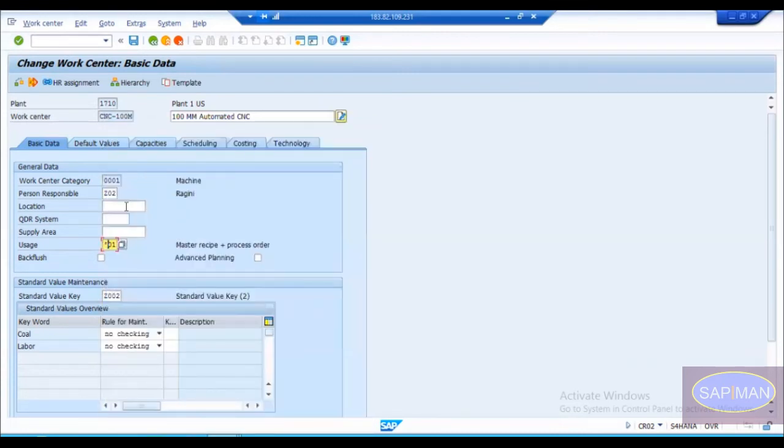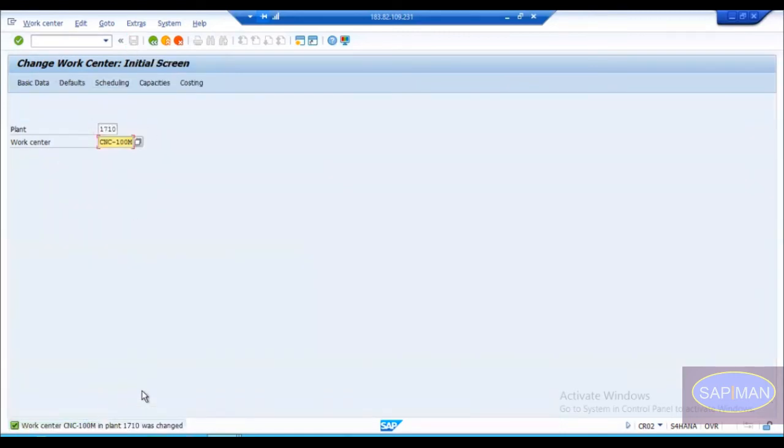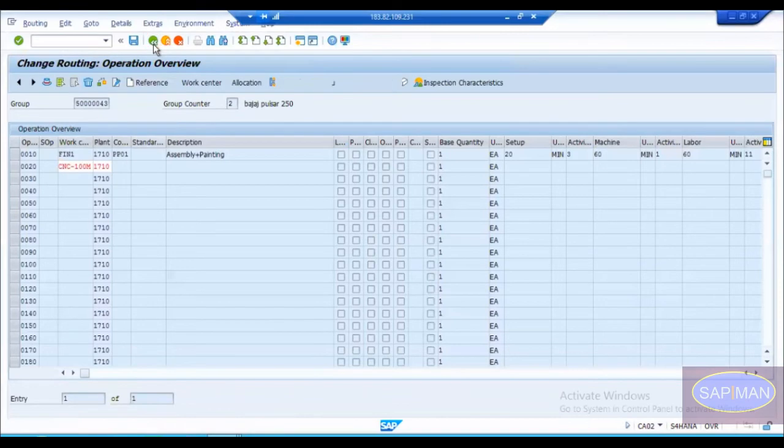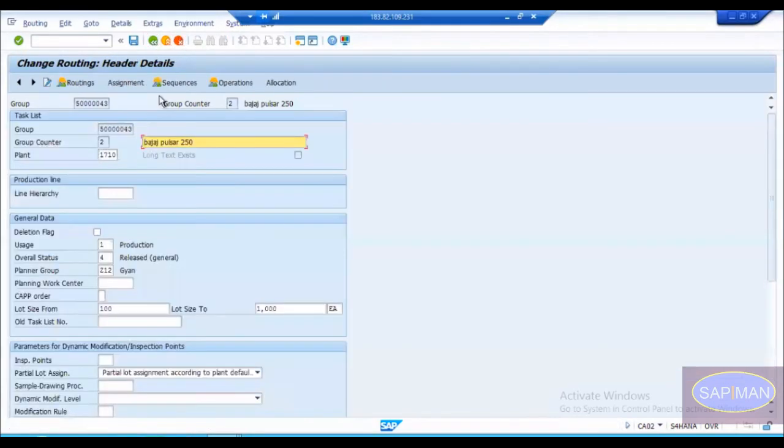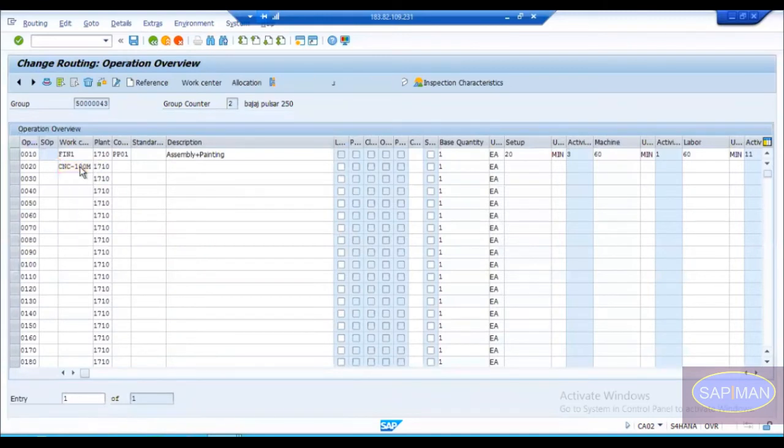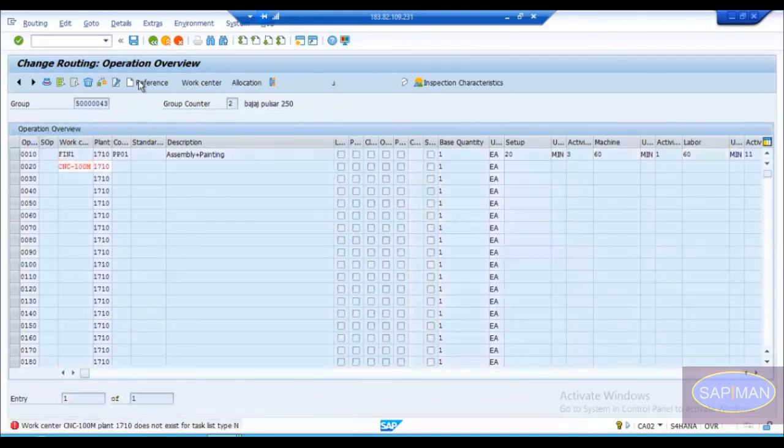Now see, let me change it to 001, and then let me save it. Okay, now we will again try to do that. Go to operation again and enter that machine again. Oh, we'll have to come back. Sorry about that. First,